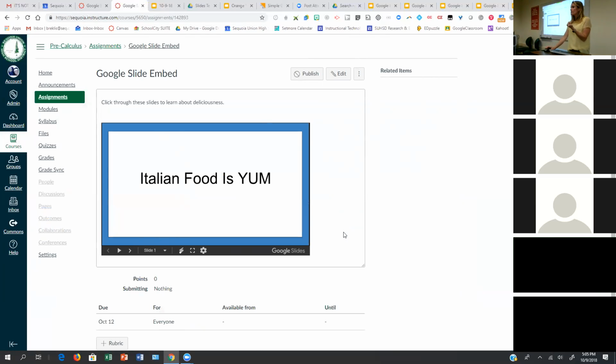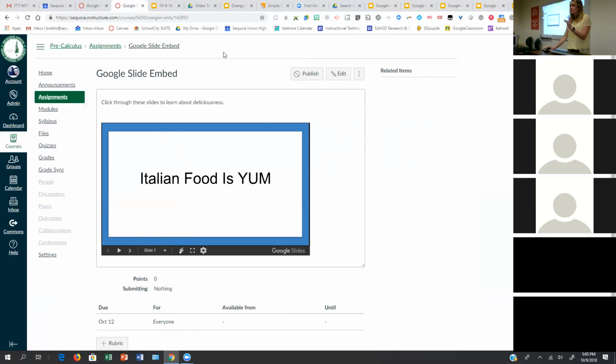But you can do that with forms as well, which is really nice. So you can put in a picture or a video, and then sort of kind of puzzling it by putting the form right there, and they have to respond to questions about whatever it is inside that same box. So it's kind of nice. They don't go to an external thing. Okay, so that's embedding it in Canvas.